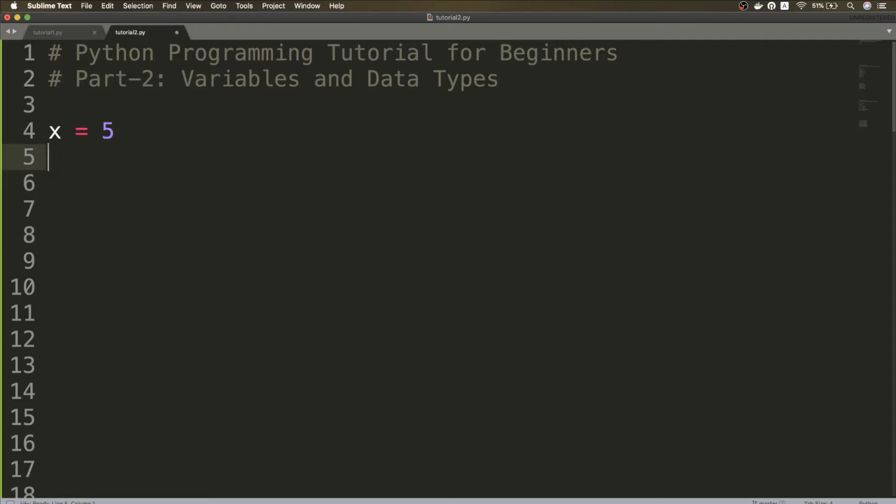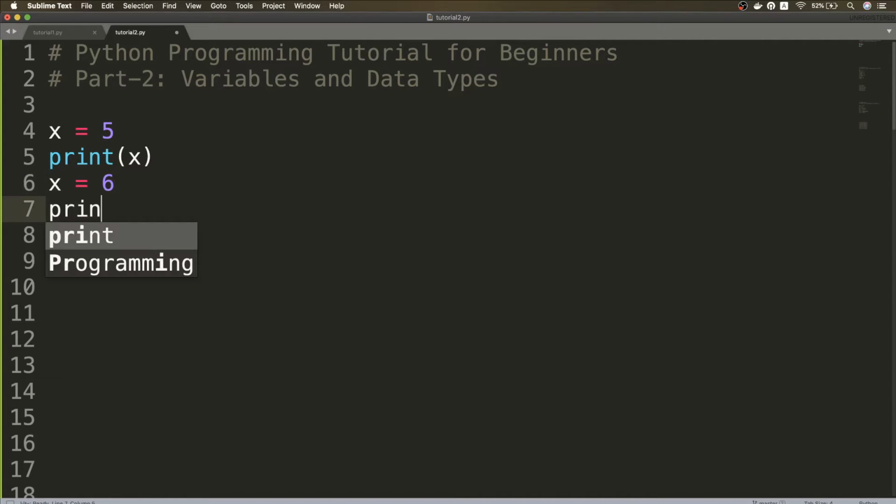One more thing I would like to mention is how Python programs are run. Python programs are run using the Python interpreter. The Python interpreter is a separate program that reads each of your lines one by one sequentially and then executes them. Suppose we have print x here, then we do x is equal to 6. So we can update any variable whenever we want by reassigning. Now we do print x, we reassign x to maybe 10, then we do print x, and if we run this,